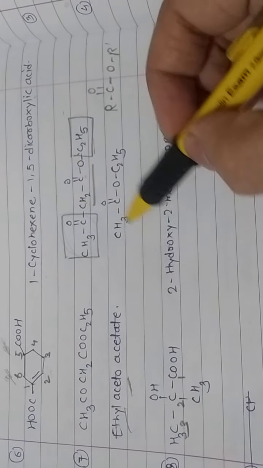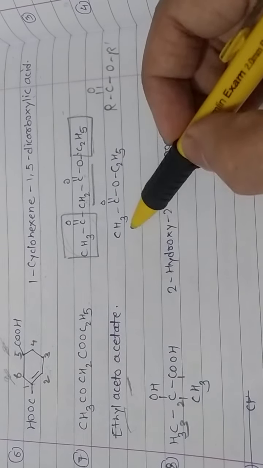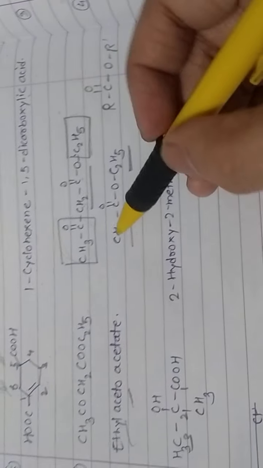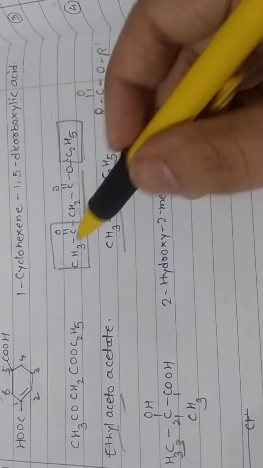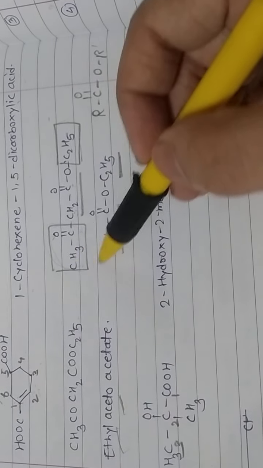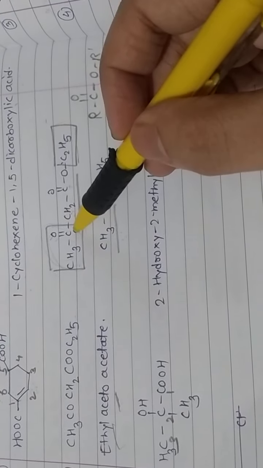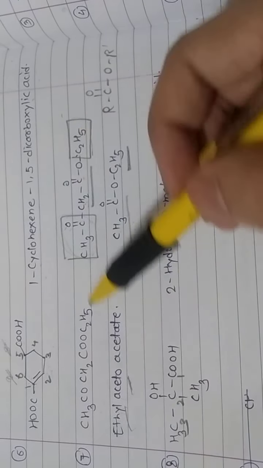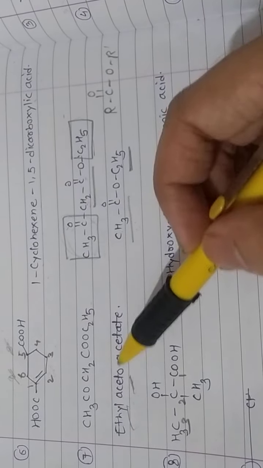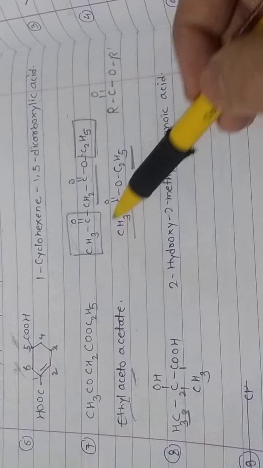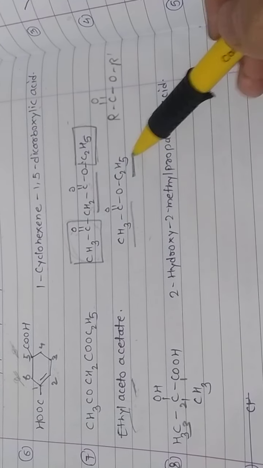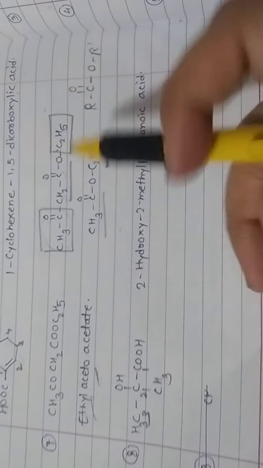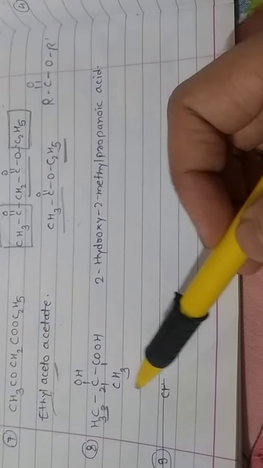Okay, and this part, only this is ethyl acetate, 2 carbon, so ethyl, and this 2 carbon is for acetate. So this is CH3, so one hydrogen is replaced by COCH3 here. So that is the difference, one hydrogen is replaced by COCH3. So that is aceto part. So ethyl, then aceto, and then acetate. Okay, this one is only ethyl acetate. Here aceto part is added, therefore ethyl aceto acetate. It is an ester.